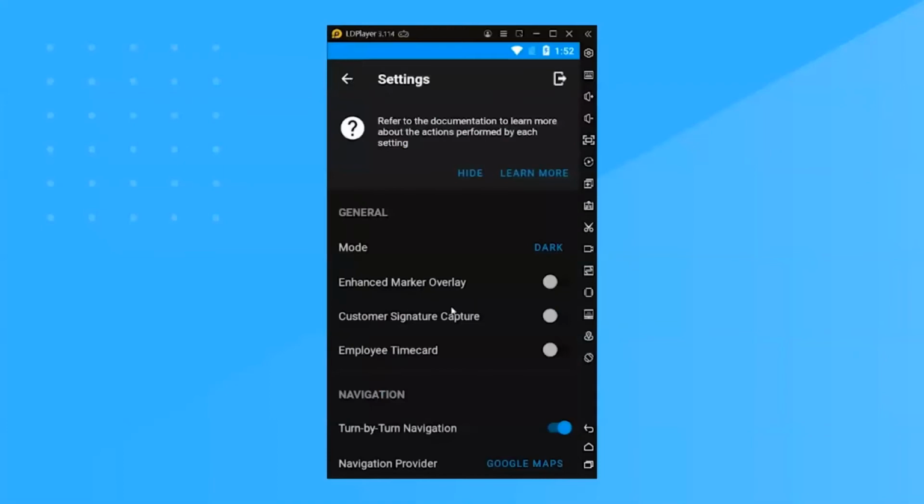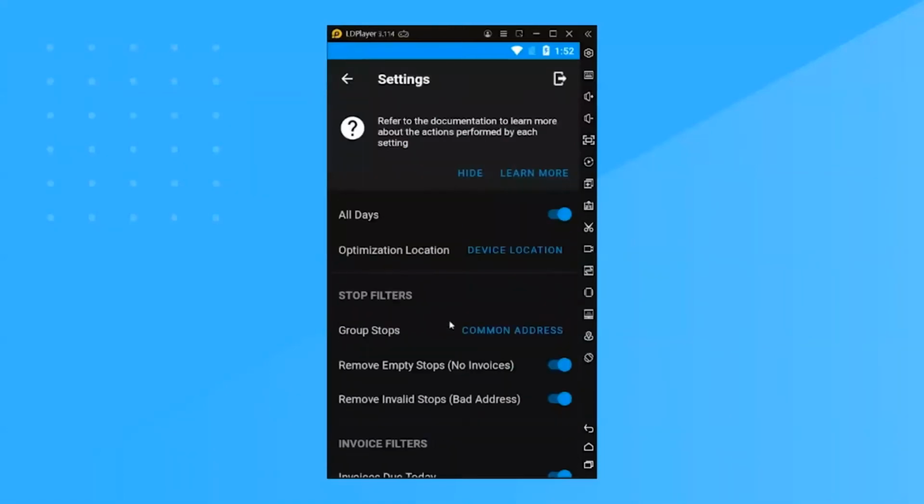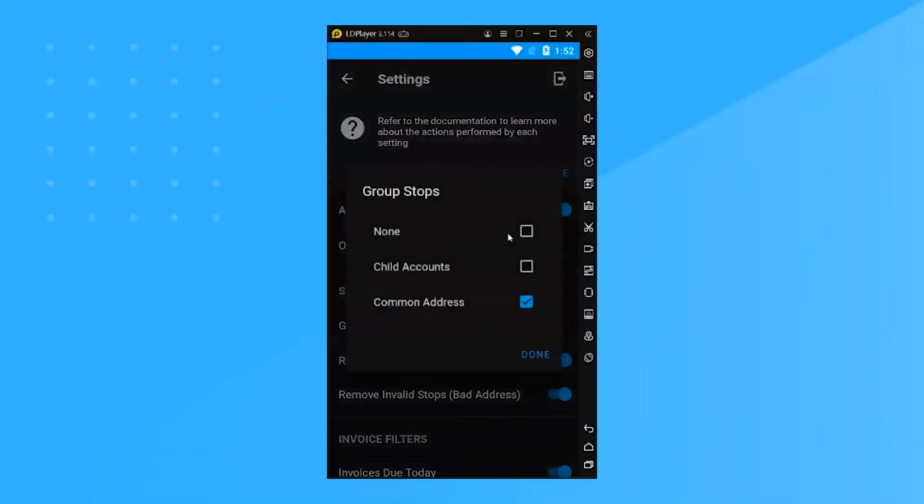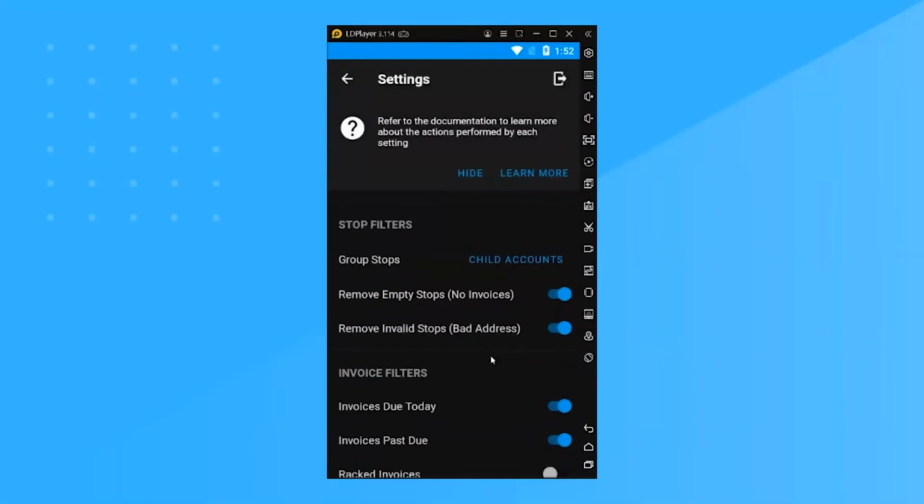If we go to the settings, let's look for the stop filters. Let's say for the group stops, I'm going to make it child accounts. Let me hit done. We will also be removing empty stops, those with no invoices, and those with bad addresses. And then let's go back,